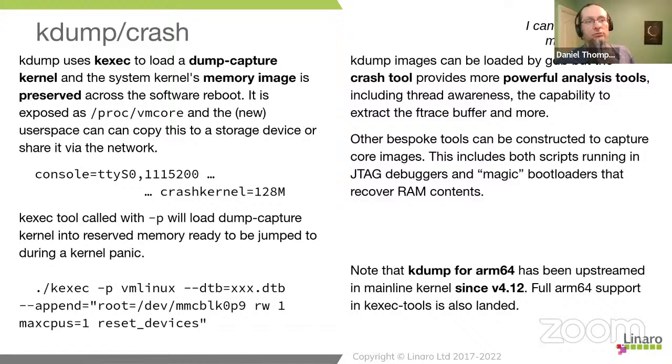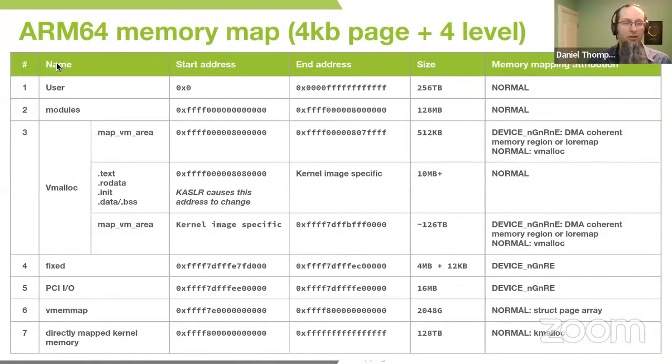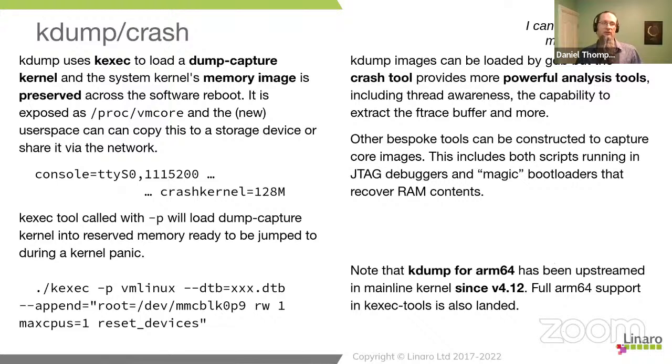But KDump is a tool that is triggered using kexec. So kexec is a way for the kernel to load a different kernel into memory and jump into it. So it's roughly speaking using Linux as a bootloader to bootload a different Linux kernel. Kdump is a mechanism built on top of kexec that allows you to say, when the system oopses or when the system panics, I would like you to automatically boot a completely different Linux kernel and then use that new Linux kernel to debug the memory image of the kernel that crashed.